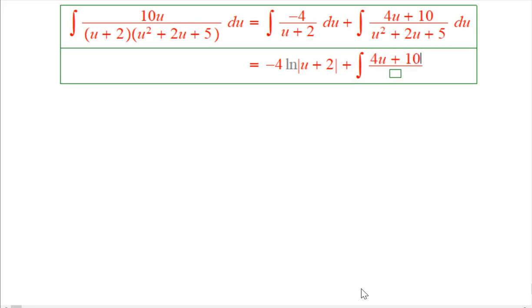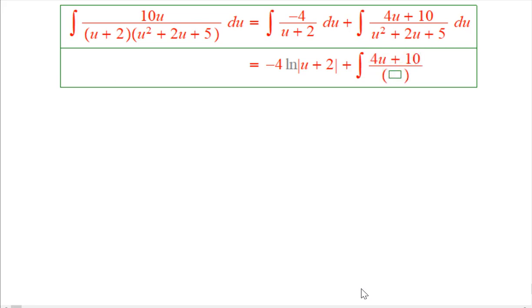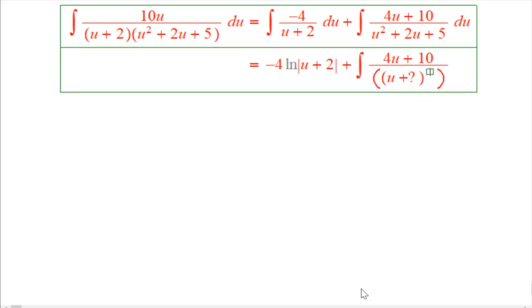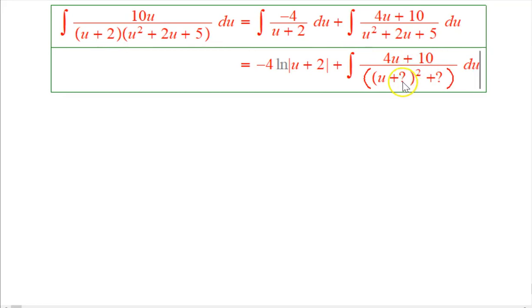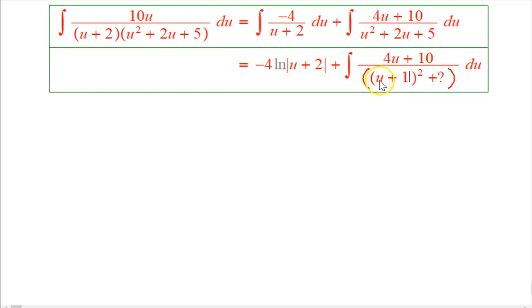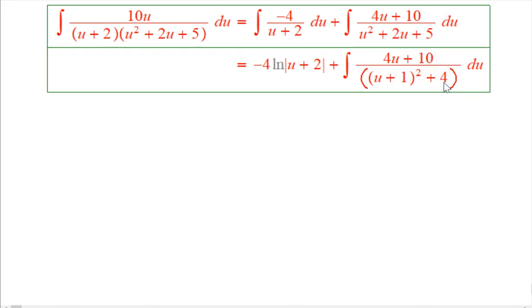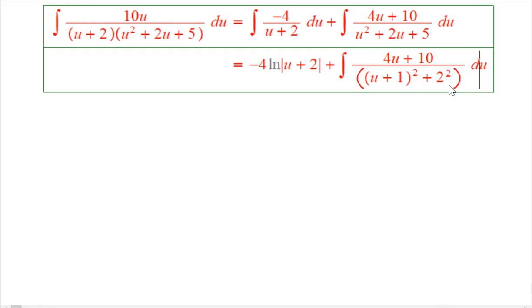Let me just set it up to have a place for this. Okay, u plus something squared plus some coefficient, and that's going to change that 5. Now I've set it up to be fairly simple. You might want to review completing the square at this point, but the main thing is you take half of that 2. It's going to be u plus 1 squared. If it were just u plus 1 squared and nothing else, that would be u squared, check, plus 2u, check, plus 1. Oh, we need it to be plus 5, so there's an extra 4. Sometimes you have to do a little bit more thinking, do it a little more carefully, but I set it up so that it was not too bad. And I'm going to write that as a 2 squared